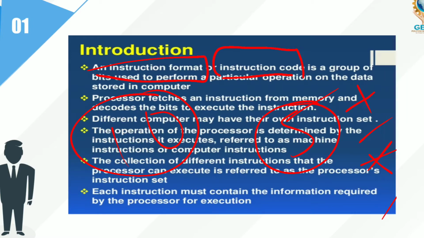Now the instruction format helps us to do the operations. What kind of operations? Addition, subtraction, multiplication and division. So 10 is the data, 5 is the data, and the instruction format helps to perform operations on them. Not only arithmetic operations, but data operations, logical operations, control operations, many operations are there. Using this data with the help of the instruction format, the computer performs this type of operations. That's why we are using the instruction formats.